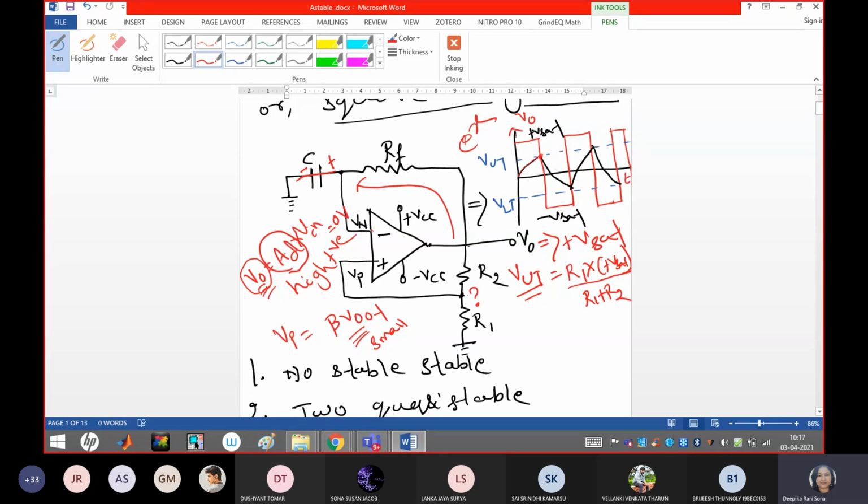Okay, now come to the point. This point is positive, this point is negative. Which point is negative? This is Vn. Vn is a negatively appearing voltage because it is connected to the inverting input of the op-amp. But if we keep on increasing the plus Vset voltage, this negative Vn voltage will become more and more. It will increase or not? Because of the plus Vset voltage, we are going to charge this capacitor. So one point will come, guys, where this Vn will become more and more as compared to the Vp.